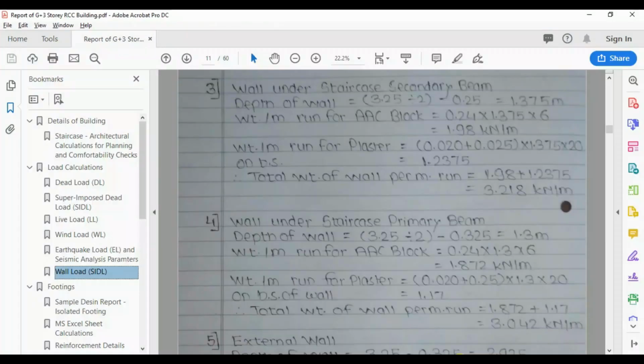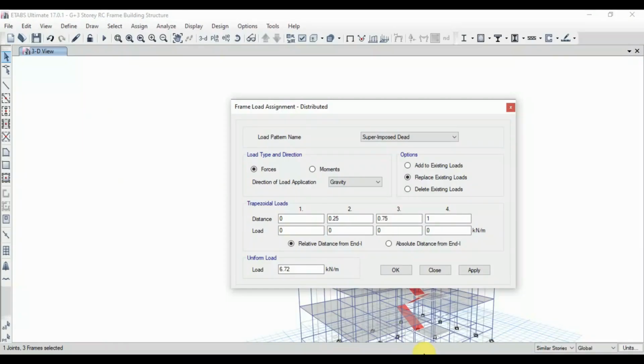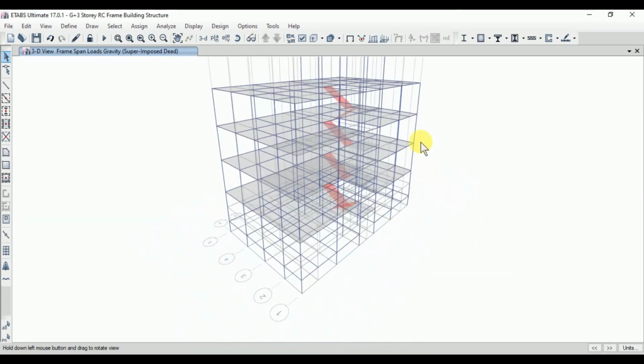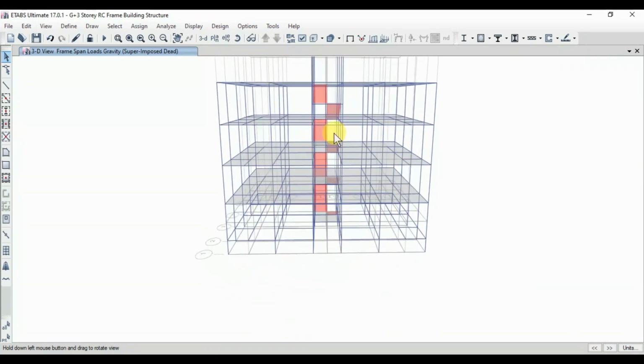As per calculations, over the secondary beam the total load is 3.042 kN per meter. So 3.042. Click on apply. Click on OK.